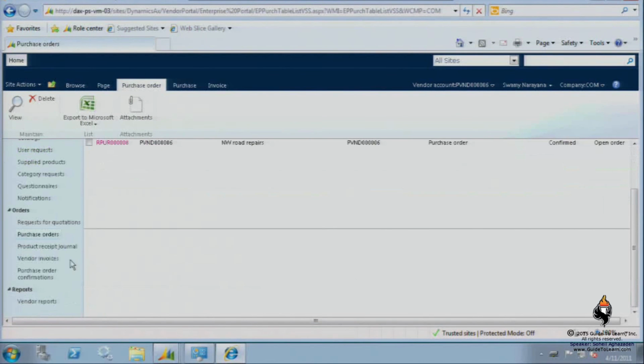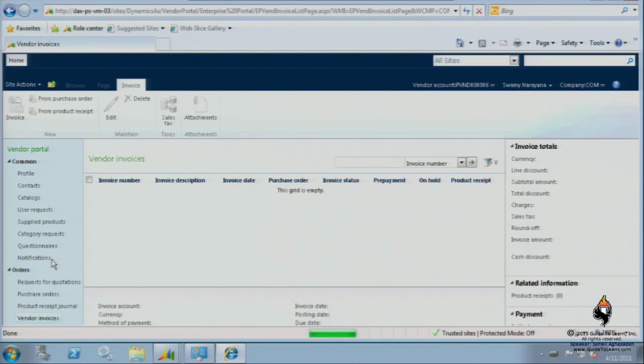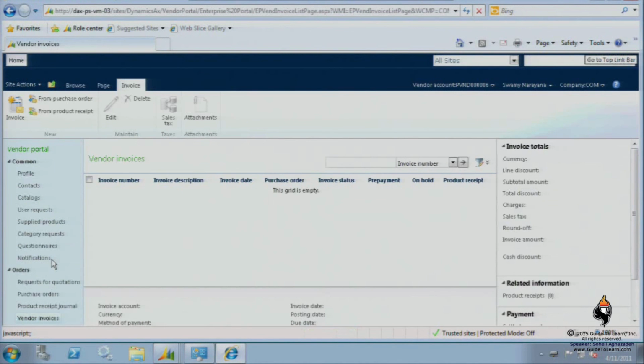I can go to the vendor invoices, assume I send my technician, the truck driver, whatever, to clean the road. Then I can actually create an invoice directly, if in case I've done additional work. If there's no PO for me yet, in case it's a confirming PO or unplanned purchase order, you can just create an invoice without the PO. Or, as you see, there's a button called From